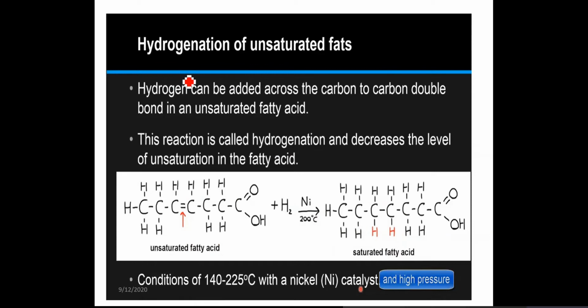Okay, so if you look at this, what is happening? In this reaction, hydrogen can be added. As I mentioned earlier, you have a carbon-carbon double bond here. What you are doing is breaking this double bond by adding hydrogen atoms and converting it into a single bond by adding these two hydrogen atoms. It's a very simple phenomenon. Now you will ask me a question here.